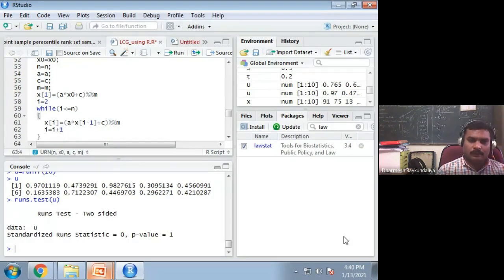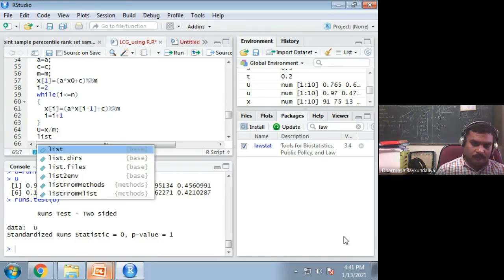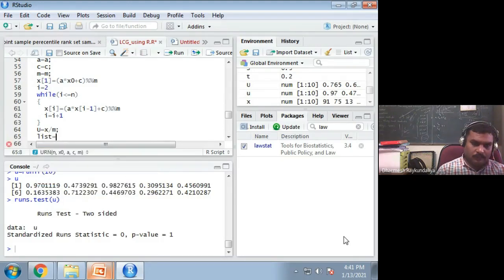Okay, let us try to see whether it is working or not. Then u equal to x by m, and list equal to u.